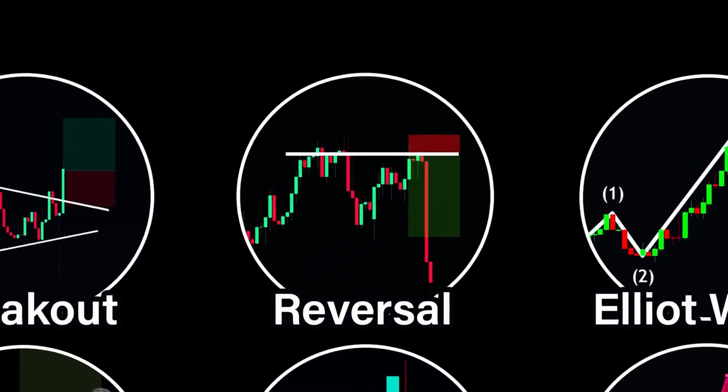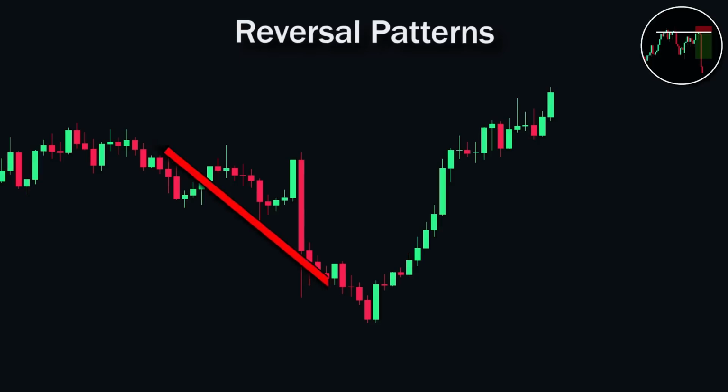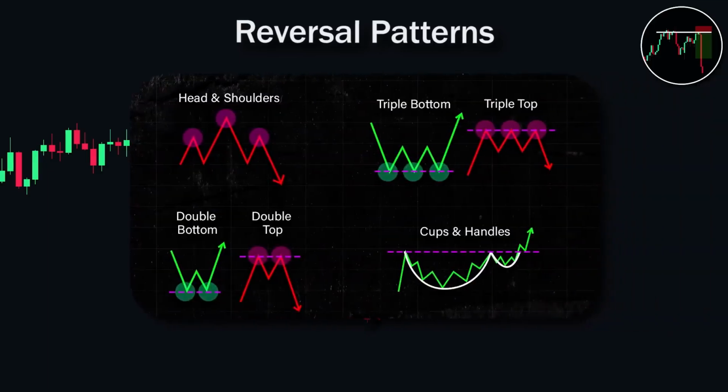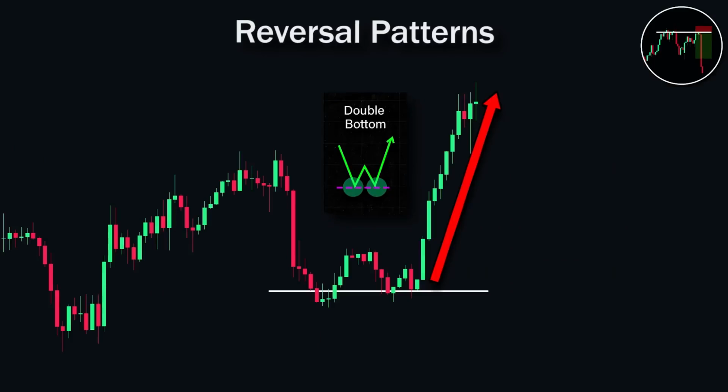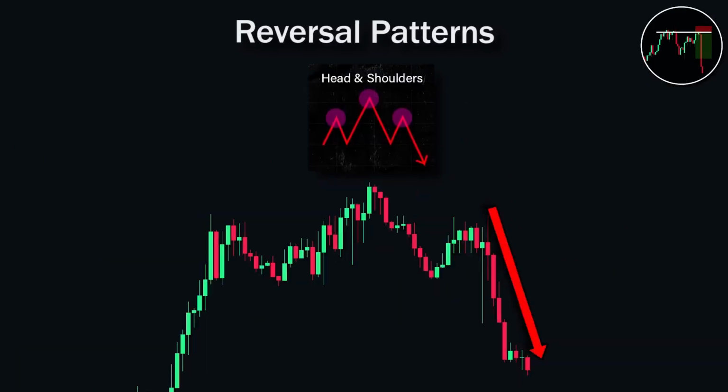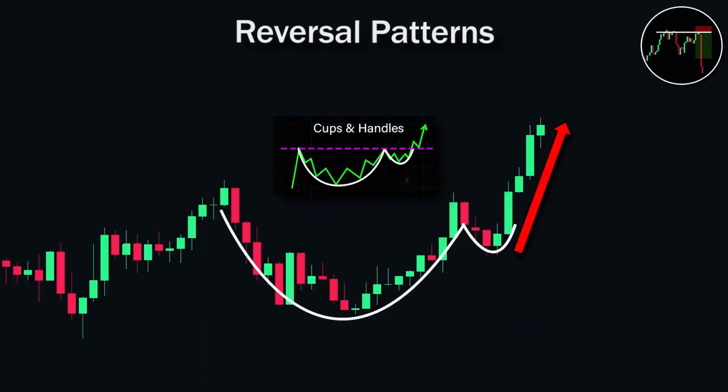Reversal patterns: it is when price moves in the opposite direction of the current trend and forms a counter trend. Specific patterns could be identified in a chart, which could help traders predict reversals before they happen. Most notable reversal patterns are double top and bottoms, triple top and bottoms, head and shoulders, cups and handles,